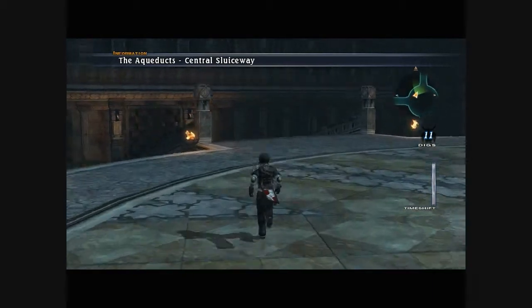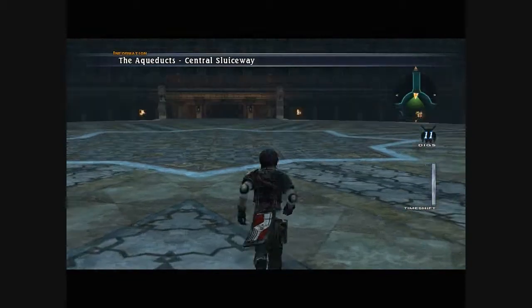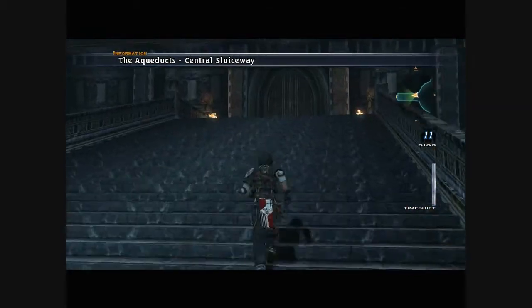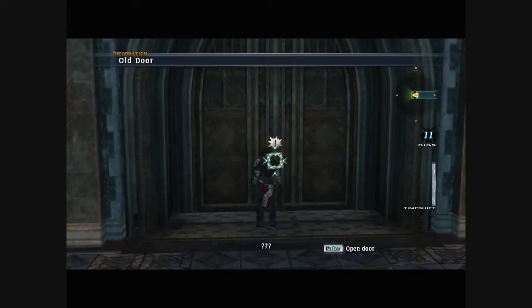Alright, now there's more to the Aqueducts. That door down there, I believe. One of these doors opens later if you come back, but I can't do anything with it right now. I'm going to save here and then head on through. And we don't have too much time left for this episode, so...